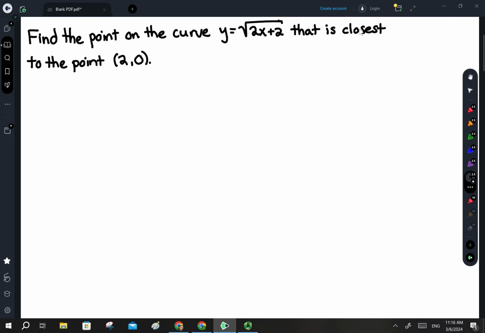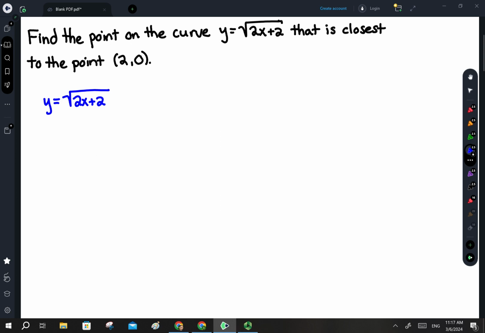Find the point on the curve y equals the square root of 2x plus 2 that is closest to the point (2, 0). Now, before we actually tackle this problem using calculus, I think it's useful to visualize what the question is actually asking. The function y equals the square root of 2x plus 2 is a transformation of the